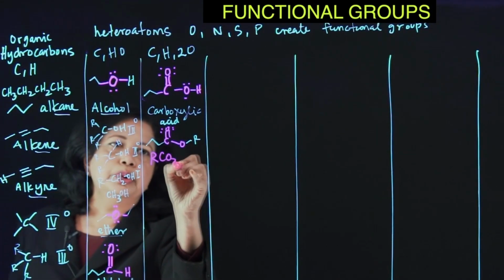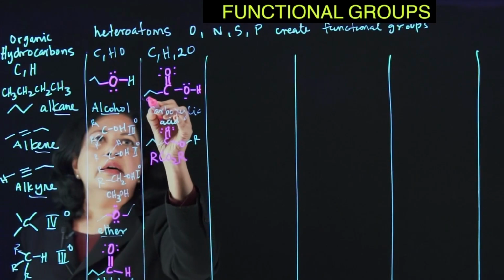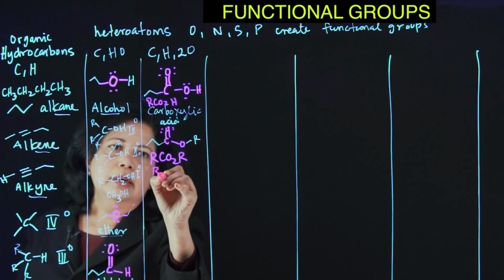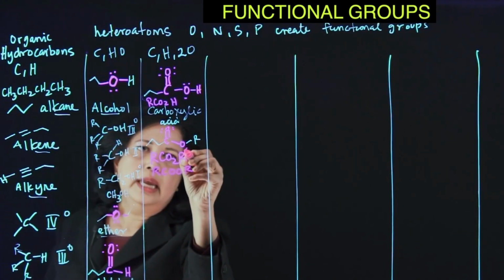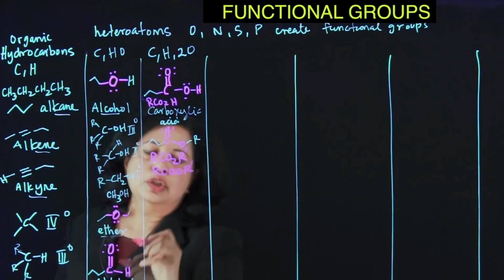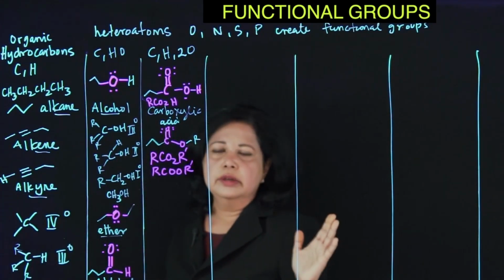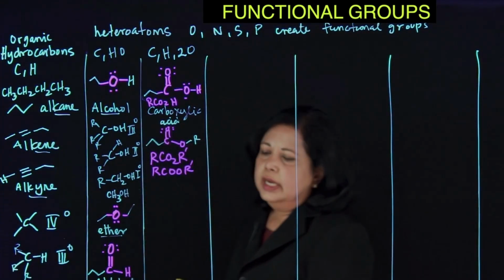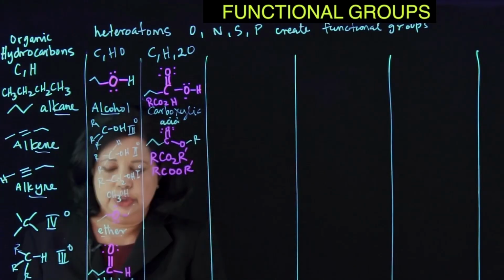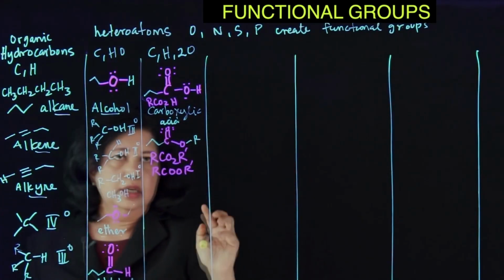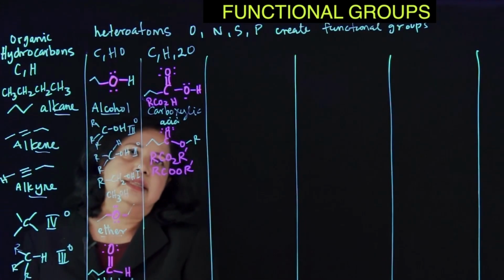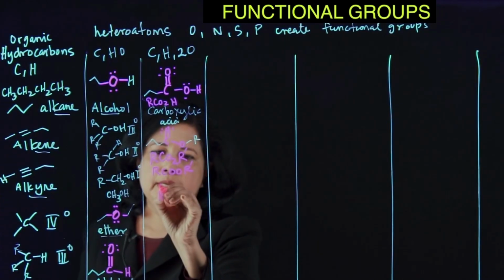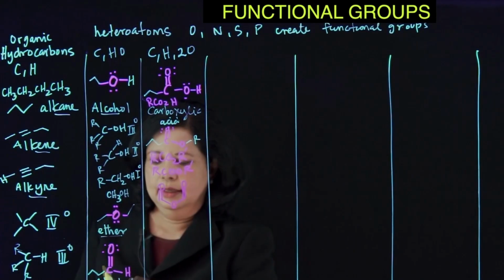You can write this as RCO2H or RCOOH, and this as RCO2R or RCOOR, and the R can be different, like here. So you can just put a prime there to show that it's a different R. This is another whole food group, which is triglycerides or fats. Basically, when you say fat, it's a triester, but still an ester. And that's 2 oxygens, 2 very common functional groups. We can also put 1 more, and that would be an anhydride.